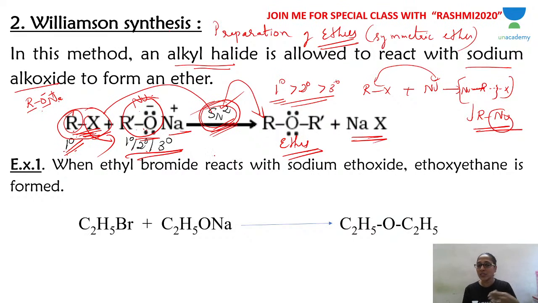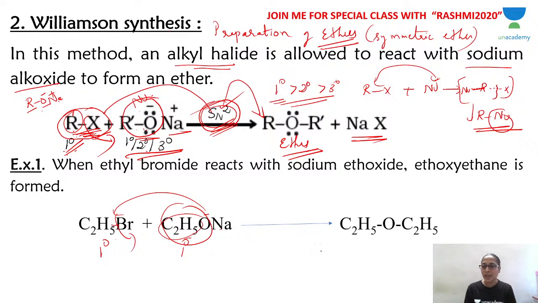So for example, I hope this is understood. This is in general. For example, alkyl halide, ethyl bromide, see, primary. It's a primary alkyl halide. Now, primary alkyl halide reacts with sodium ethoxide. It's also primary, I've taken. So what do you get? This is the nucleophile. Leaving group is Br. Br will come out. So the nucleophile O minus will take up the ethyl group. You will have diethyl ether. This is your ether, diethyl ether, plus NaBr. Salt will be the byproduct.